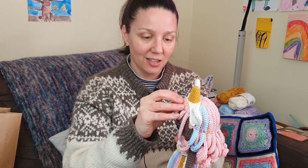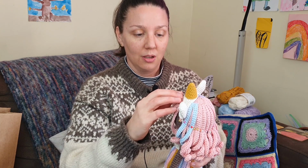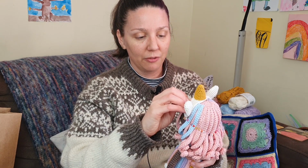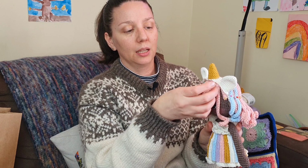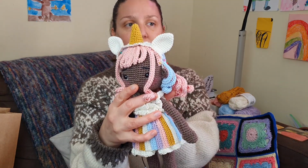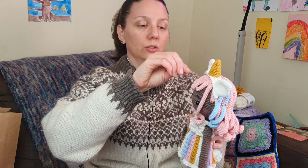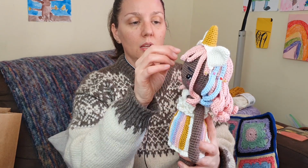I don't want to pull too tight. I just want to, oh yeah, no, I think it's well and truly glued. So when did I do this? 2 days ago? I didn't feel the need to take the pins out any sooner, so I have just left them. I didn't glue it down completely, but it should sit flat there. Okay, these front strands are only glued at the very top. Okay, and then,